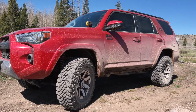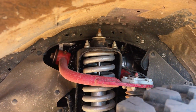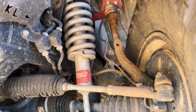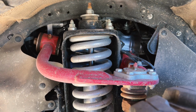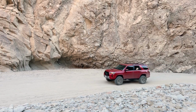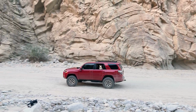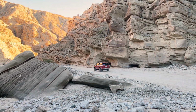Alright, so I'm just going to start off with the goods, the suspension. I'm running an Eibach Pro Truck Lift. This is their Stage 1 kit. I have it set on the second clip height, so the total front lift is around, I would say, 2 3/4 inches. I personally think that it's the perfect suspension between everything like everyday driving, high-speed washboard roads, and low-speed